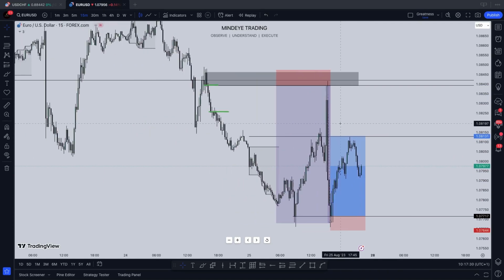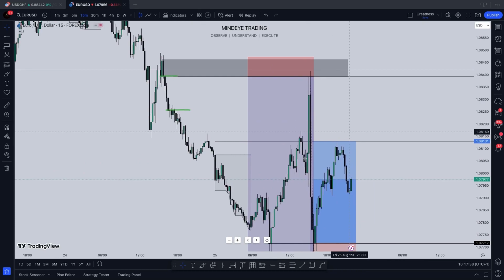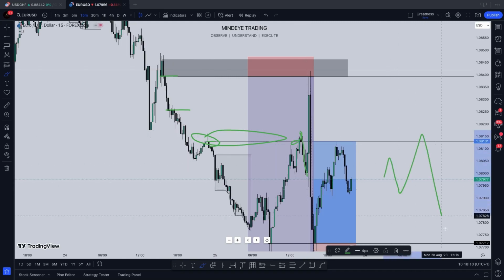Whatever method you use, you just need to define your edge and backtest enough so you will not end up taking almost every imbalance in the market. There are imbalances and other blocks everywhere, but how do you know a valid one? That's something you need to take time to backtest or learn from someone who already knows how to select valid areas. For example, this area is a valid order block, and if you go to a much lower time frame, a valid imbalance also. It even has its own imbalance here, which if you check now, the space between these two candles is an imbalance, and from the look of things, the market reacted to it, but unfortunately it couldn't hold. Just like I explained to you before, it can react to it, then break it and use the other side.